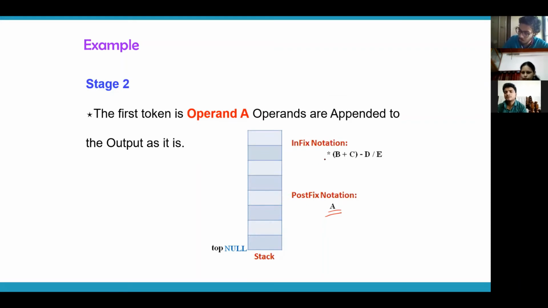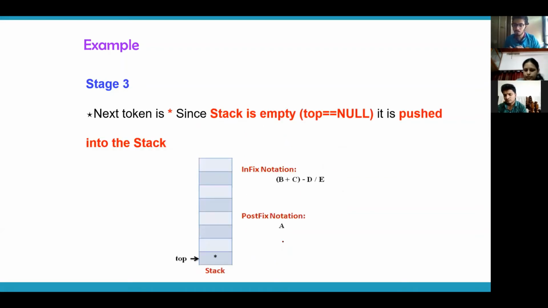Okay, now we will continue scanning. Now what is this? It is an operator. If it is an operator, what do we have to do? We have to put it in the stack, and you have to check the stack top. Right now there is nothing in the stack, so no problem. You can directly push this inside the stack. So in the next step, into has come inside the stack. If you have any problem, interrupt me then and there. So A into is done.